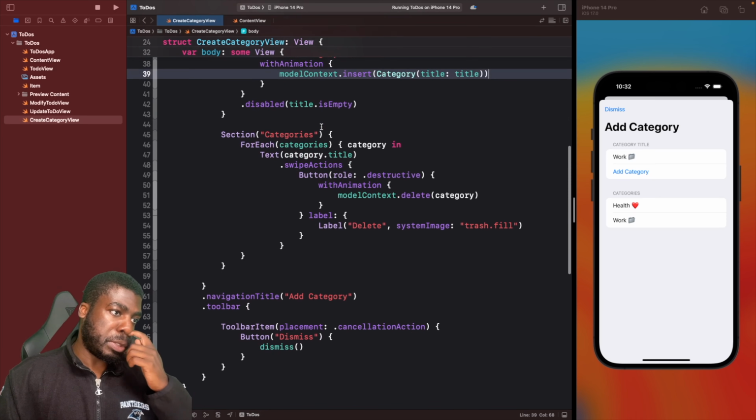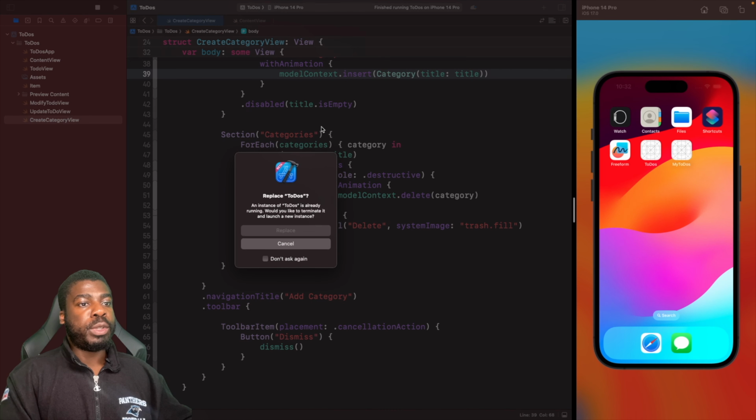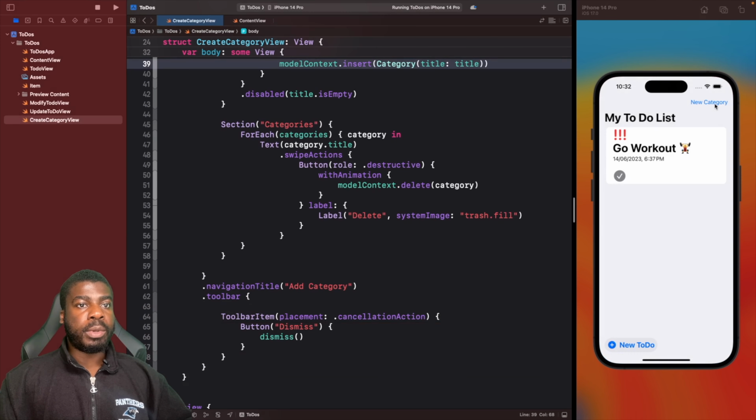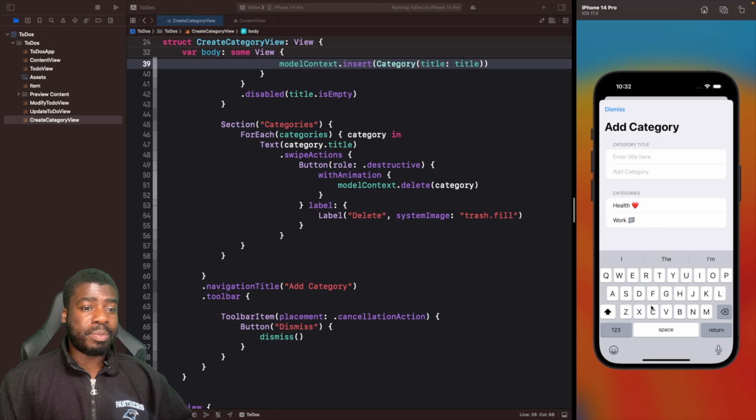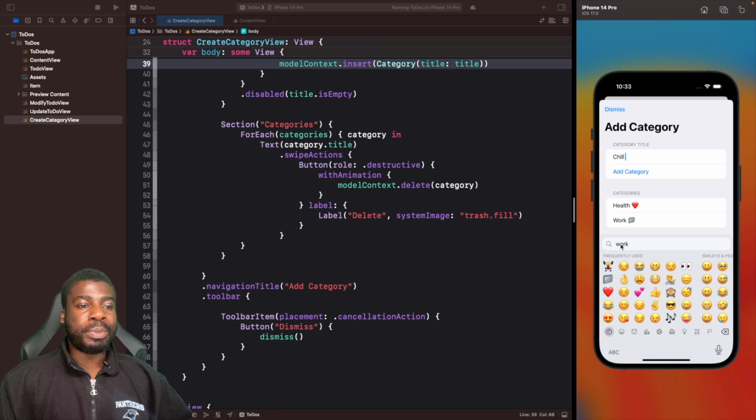Okay, cool. So now let's just test this out. So if we just run this again, we'll go to our new category here, we'll add a new category. So let's just say, we'll say chill. And we'll just put let's put this emoji here, and add that in. All right, cool,